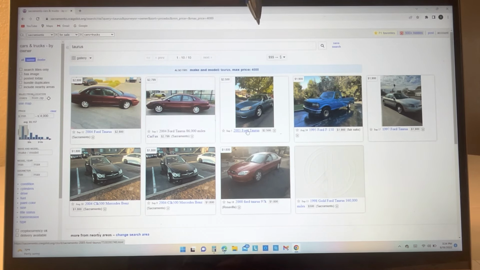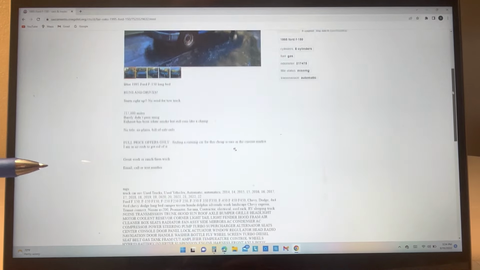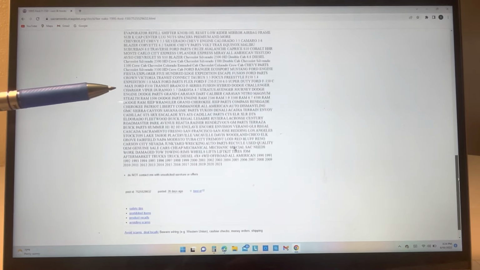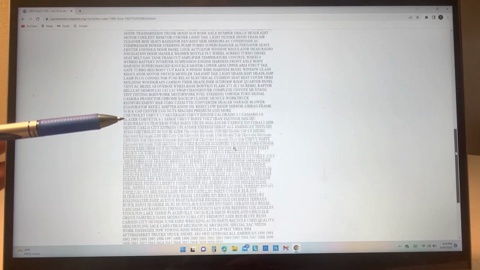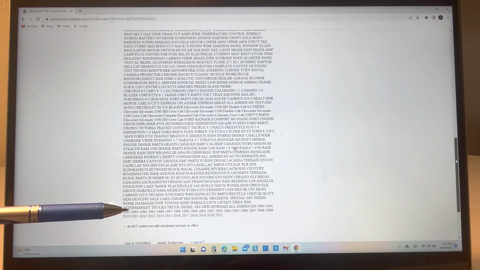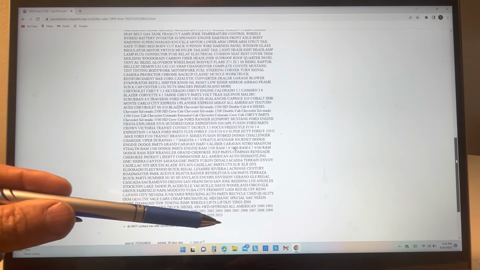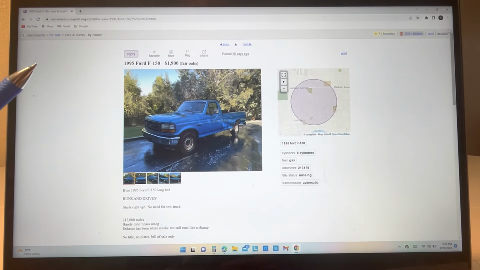So this car here is a 2005 Ford Taurus. This is a '95 Ford F-150. How come that comes up? Well, let's look and see why it comes up. So we pull up the ad and we go down here and we know this is a dealer. Why do we know this is a dealer? Because look at all the keywords, or what he calls tags. This person has put in every single type of car and every single year, 92, 93, 94, 95, all the way up to 2021. This person is definitely some sort of a dealer, and they're flipping cars